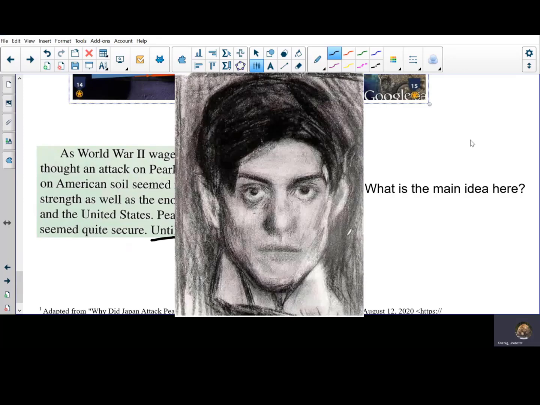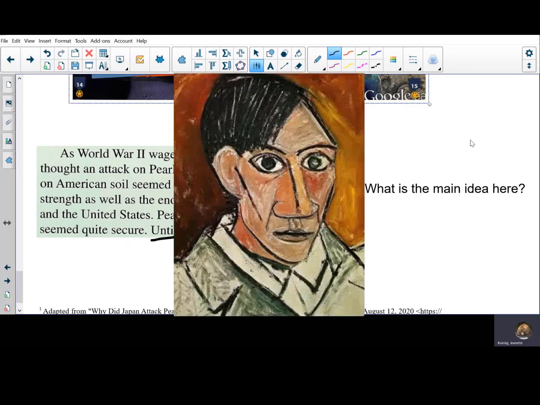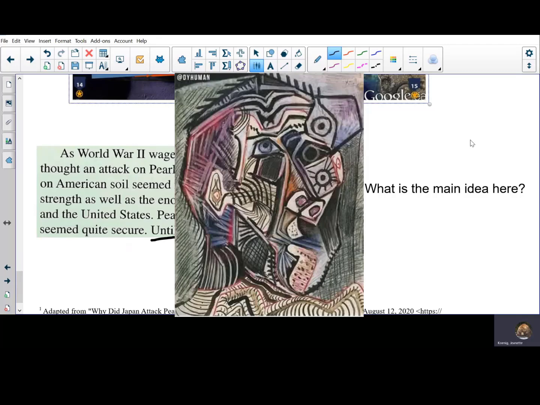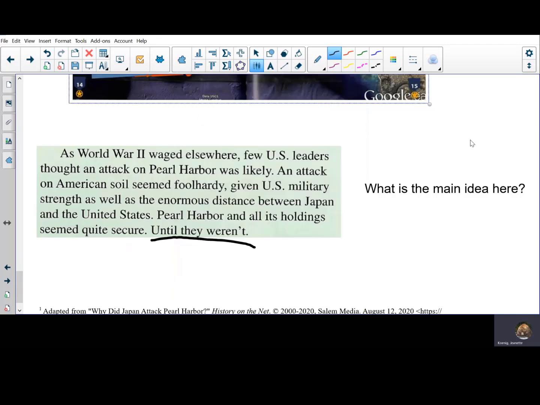Whether you're an artist or a writer, before you can take liberties with the rules, you have to understand the rules backwards and forwards. And part of understanding the rules is understanding when it's okay to bend them and when it's not. I see the book where I got this passage as being a little too formal for it to be okay to break the rules and use a fragment, but clearly the writer and the editor disagreed. Moving beyond that, what do you think the main idea is here? If you need to read this again, hit pause and do so.